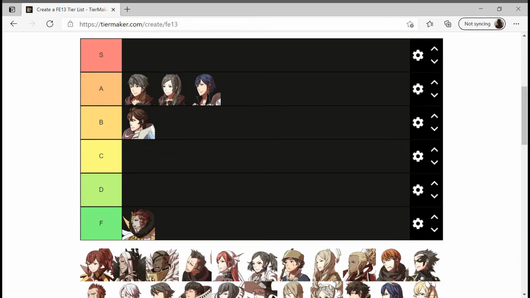Moving on to Lissa. As your early game healer for a while, she kind of sits between B and A tier for me. I would put her above Frederick because her personality is instantly more likable. And she's like a naive princess, so she's supposed to be trusting of people. But as a character, I like her most. I might actually put her in A tier. Because the way she's like...